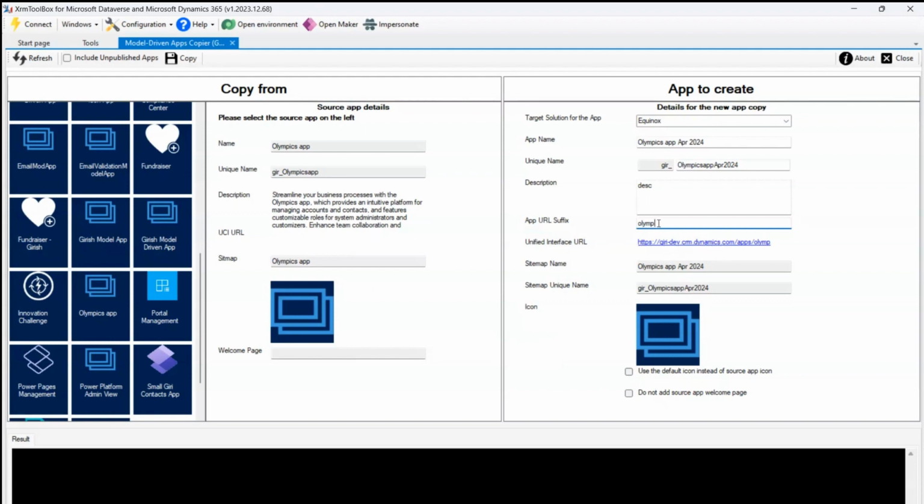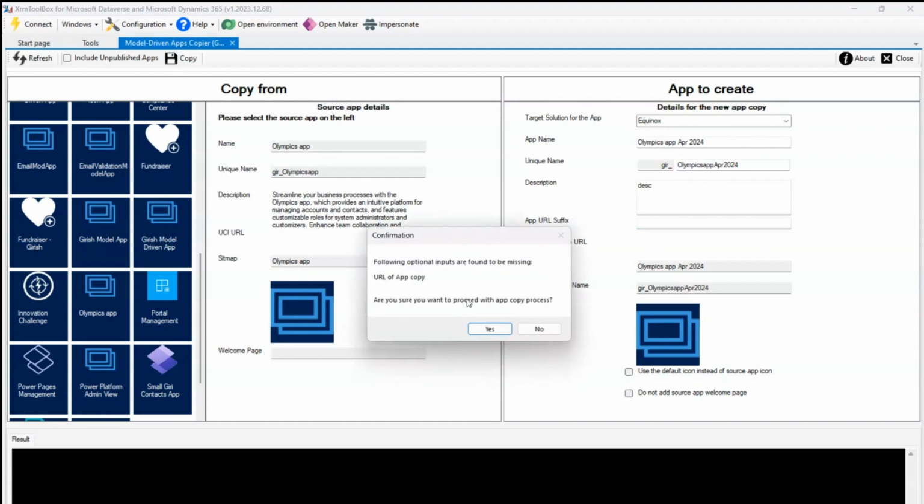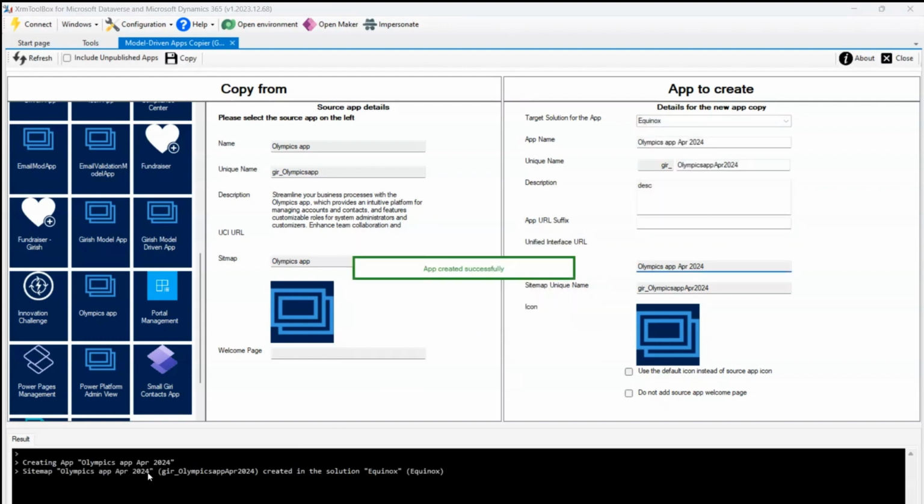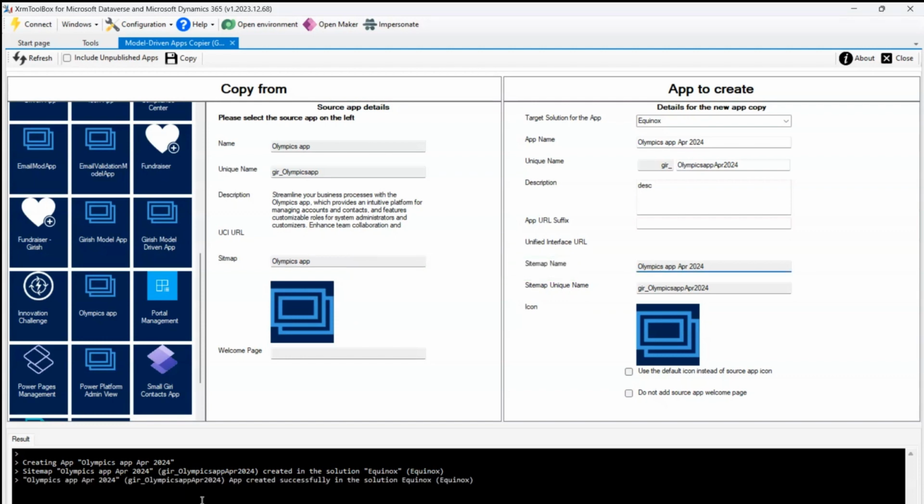Okay, now this is optional, completely optional. If you do not want this thing, you can just remove this. Click on copy. It will again prompt you with the error, and then you just say yes. On the bottom, you will see it is creating the sitemap, it is creating the app, it is creating basically a copy of that app, and it says the copy of that app has been created successfully in the solution